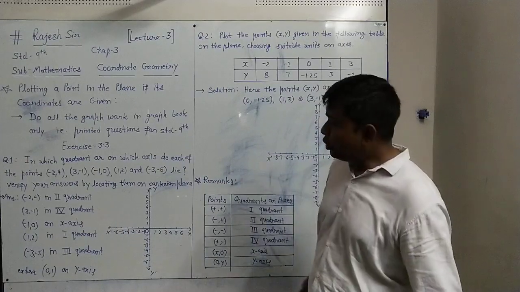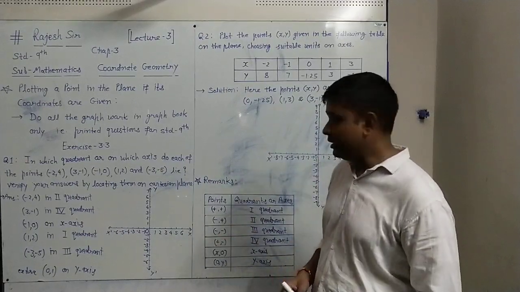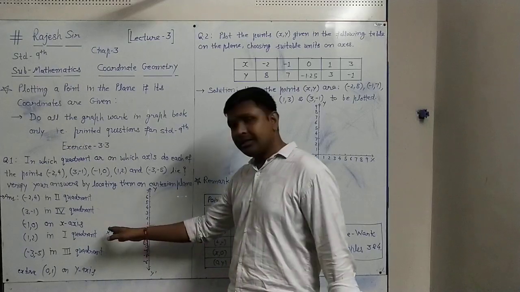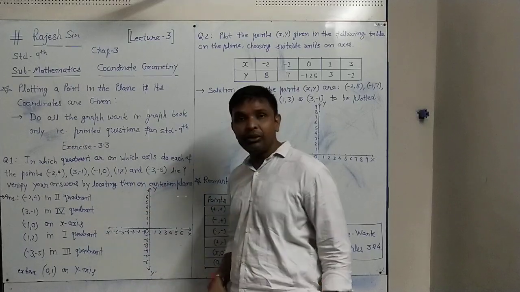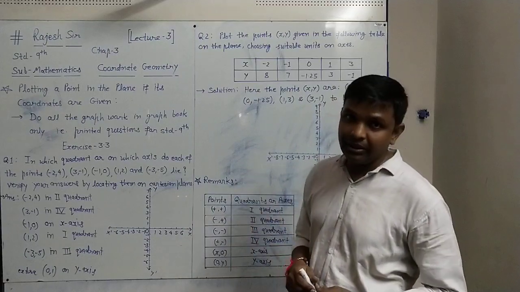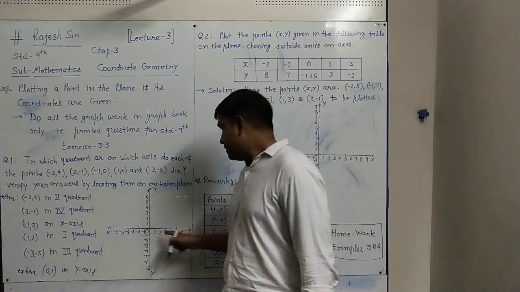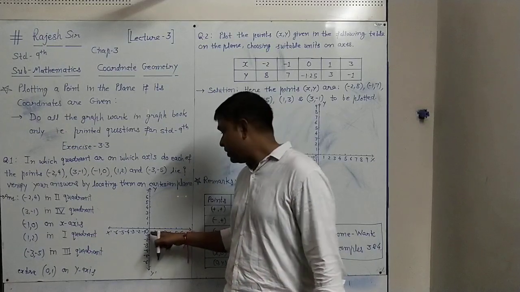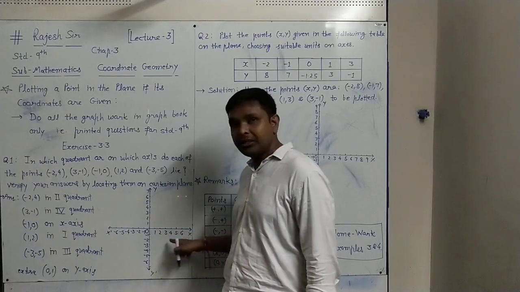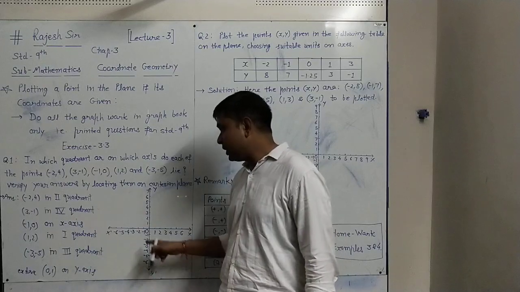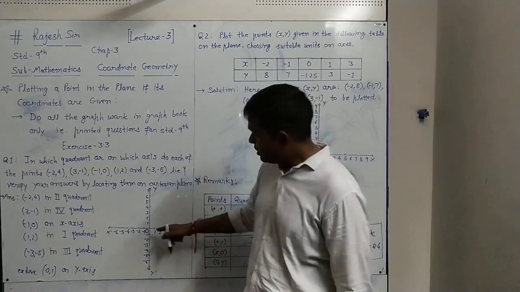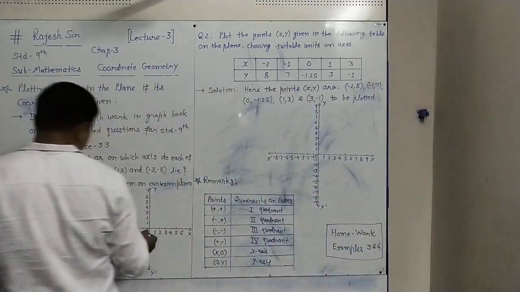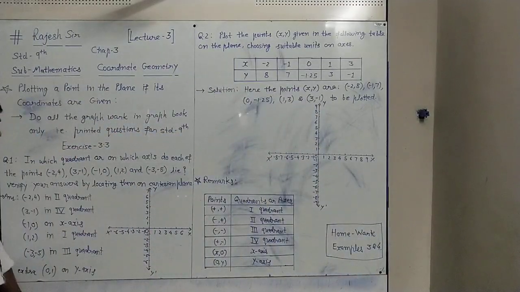So here we will first locate them on the Cartesian plane. You know that in the Cartesian plane we draw the x-axis and y-axis, two perpendicular lines. In the last lecture we saw this. Where they intersect each other is called the origin O, considered as the real number 0. This side 1, 2, 3, 4 are plus numbers, this side -1, -2, -3 are minus numbers. This is another number line shown vertically: upside plus numbers, downside minus numbers.